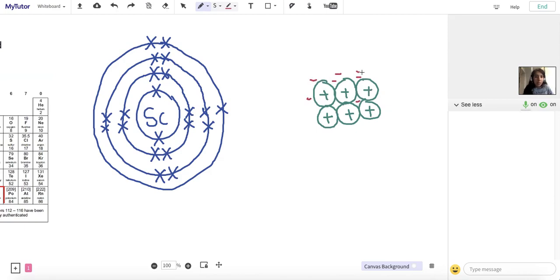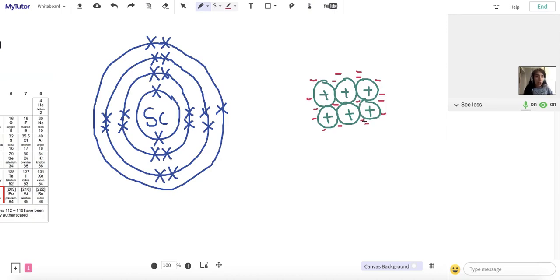As I said, it doesn't matter how many cations we draw, what's important is that they match up with the number of electrons. So there we go, that is my metallic structure. And what we can see is that these electrons are all free to move, they're delocalized. So in terms of transition metals, the reason they're good conductors of electricity is because these electrons can move and